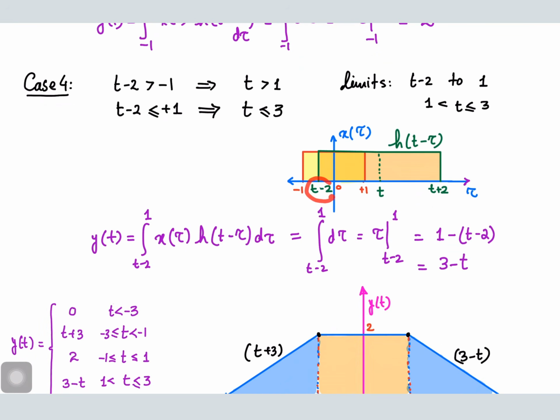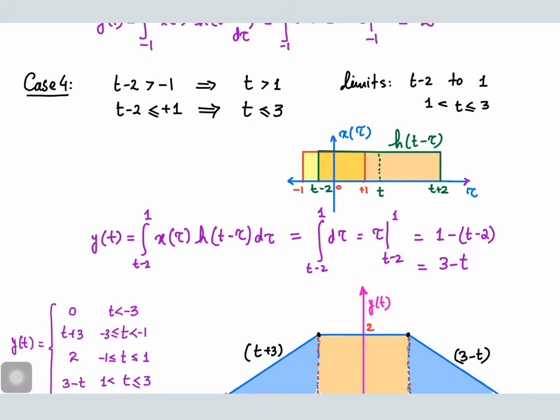When t minus 2 is greater than minus 1, it means when t is greater than 1, the area overlap will start decreasing, and this will be decreasing till t minus 2 is less than 1. So that is the second limit, the upper limit. This says that t is less than or equal to 3. So when the time varies from 1 to 3, there will be a decrease in the area overlap